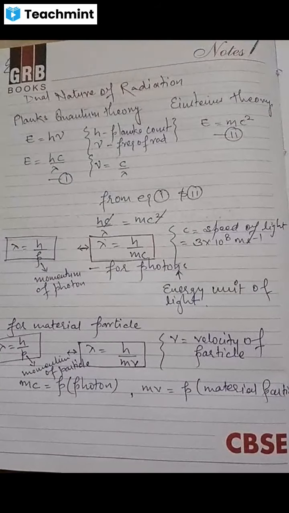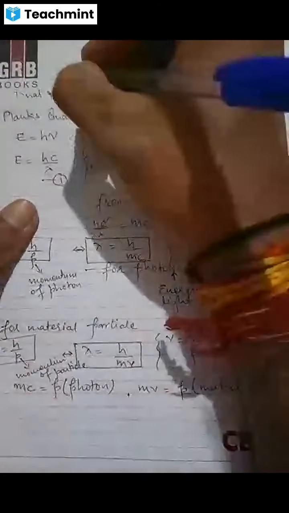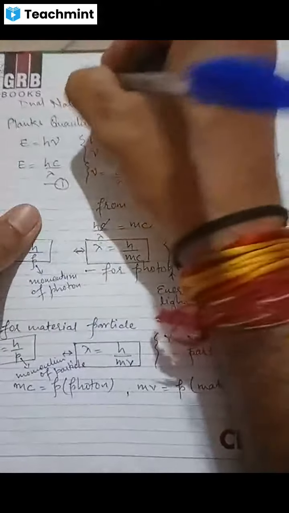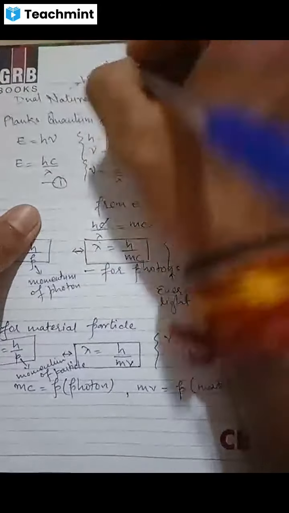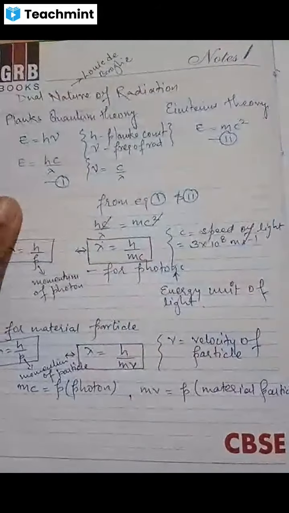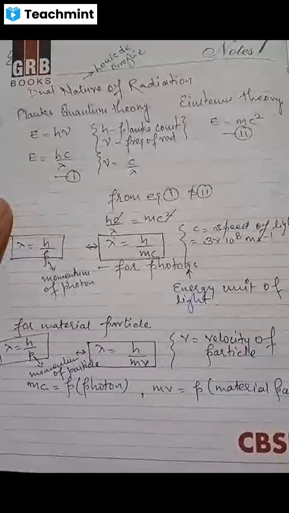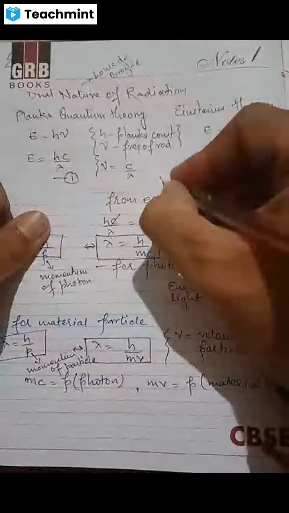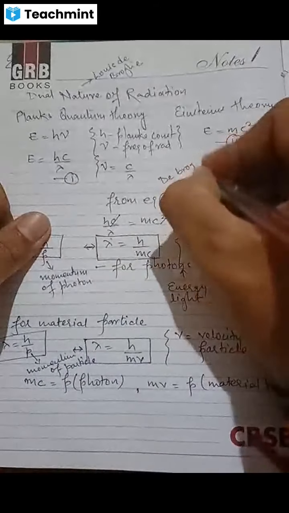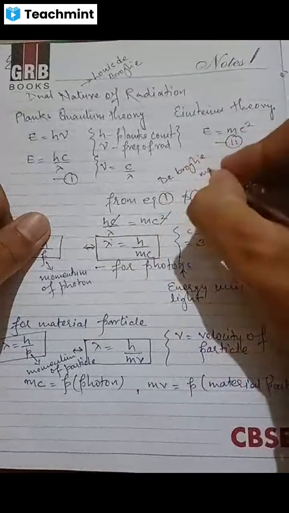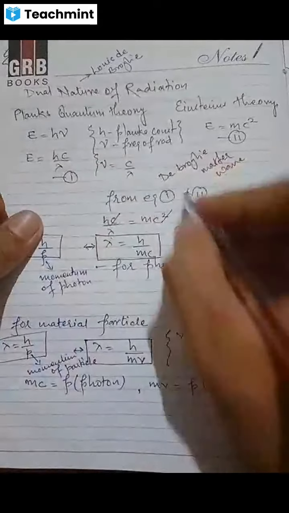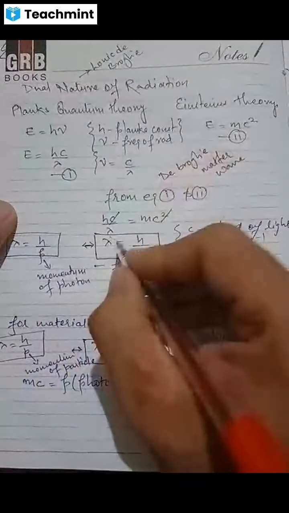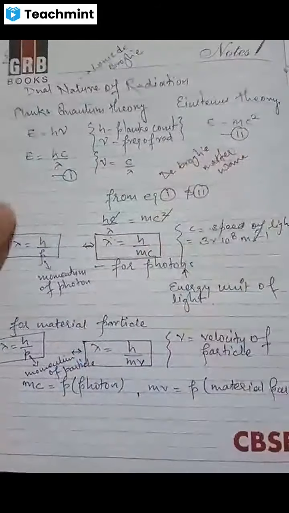So this is what we call the dual nature of radiation, and you already studied about it in the previous classes that it was given by Louis de Broglie. So it is also called de Broglie waves or de Broglie matter waves. Right? These are what we call them, de Broglie matter waves. This wavelength lambda is associated with de Broglie matter wave.